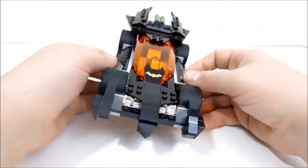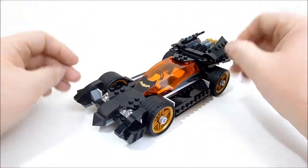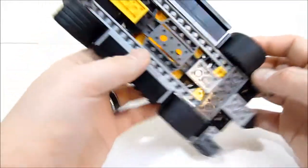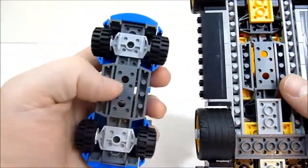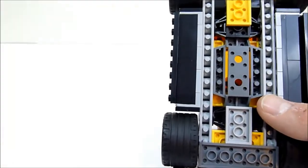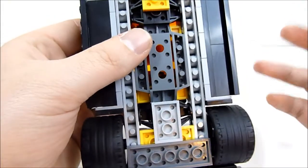I think it looks very Batmobile-esque. It's got a good visual element to it, and the way it's put together is very interesting as well. I don't know if you can see this, but there's wheel axles. You put together basically the car bit right here, the same basic understructure for a car, and you even put axles on it, just like you were building a normal car,